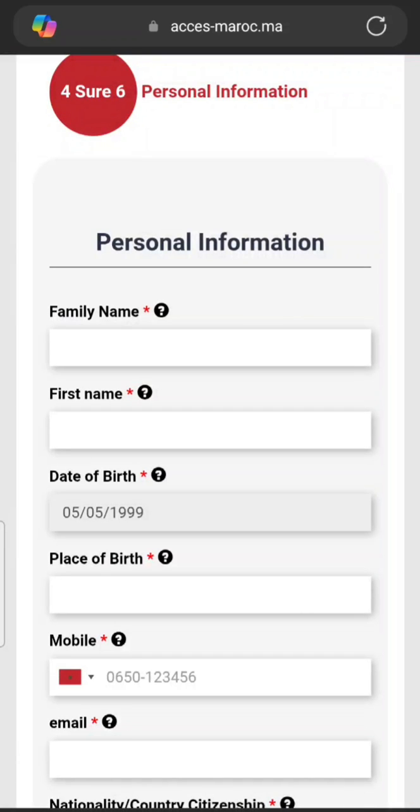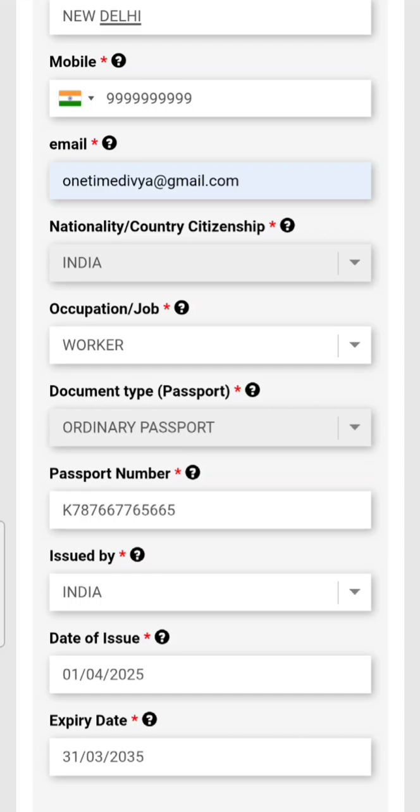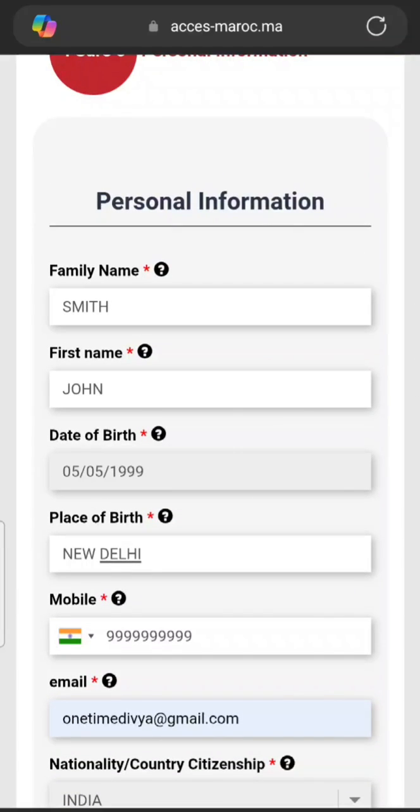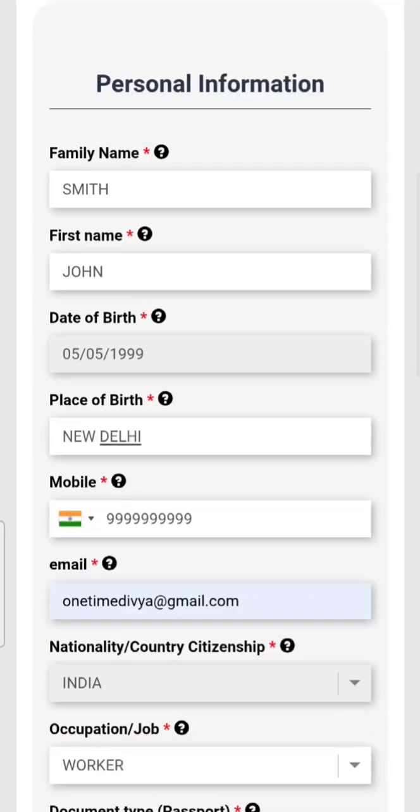Okay, next is family name, first name, date of birth, place of birth. When you enter it, make sure you verify it at least twice with your passport so that there is no issue. Okay guys, so I have put some sample values, but when you fill your application, put real values and match everything twice. Like first is your family name, surname, then your first name, date of birth, place of birth, phone number, email,